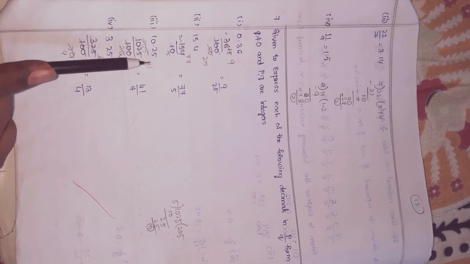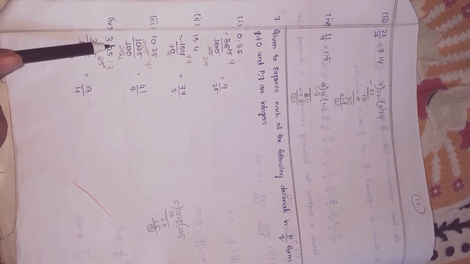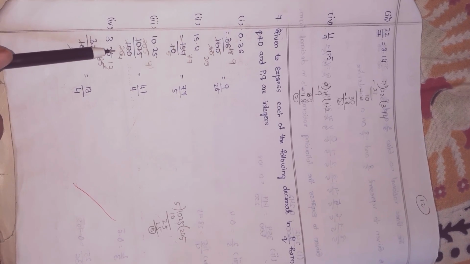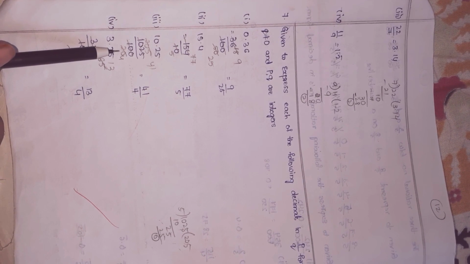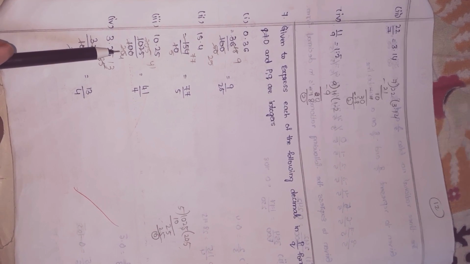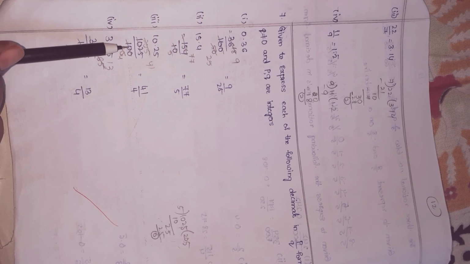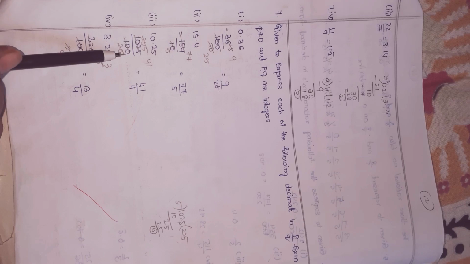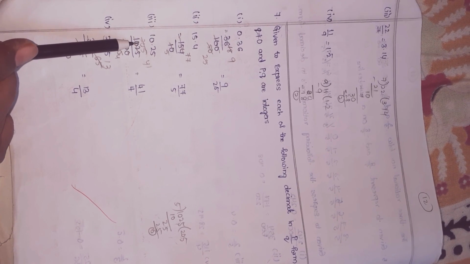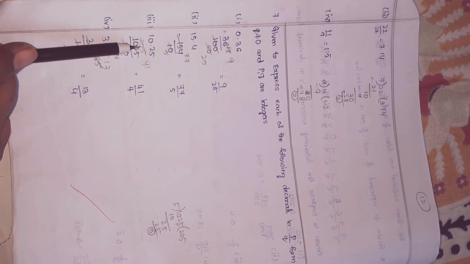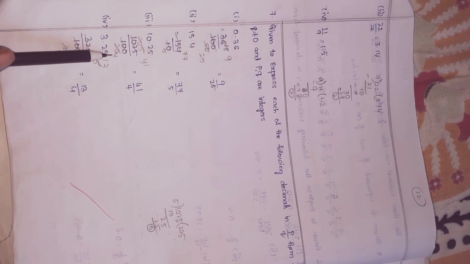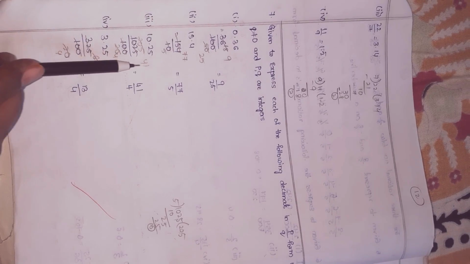Why? Because point after 2 decimals. Cancel with 5 table children here. 5 twos are 10, means 5 twenties are 100. Next here 5 twenties are 100. So 102 minus 100 is 2 children. So here 5 is there, means again 5 fives are 25. Next 5 fours are 20. 5 ones are 5. So 41 by 4. Is it clear children?